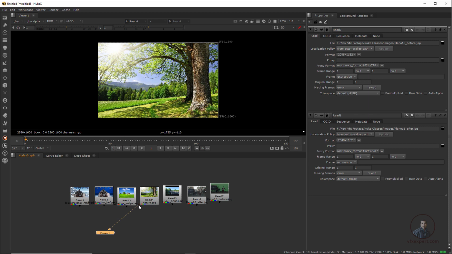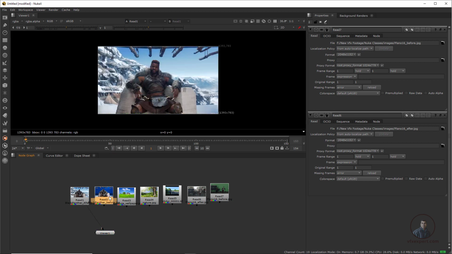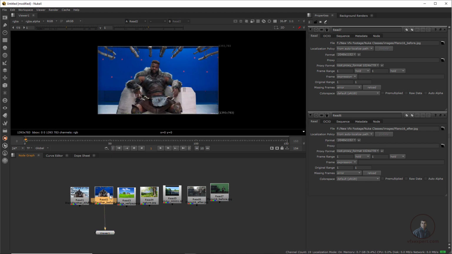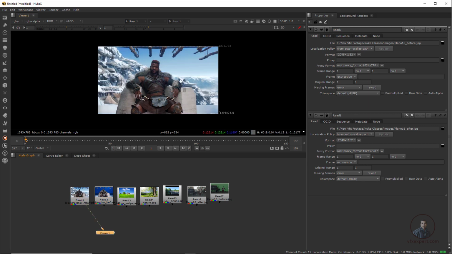And suppose you want to compare 2 images, maybe this one and this one. You can also display 9 images with this single viewer. So suppose select this one and press 1, so this will view your first image. Then select the second one and press 2 here.